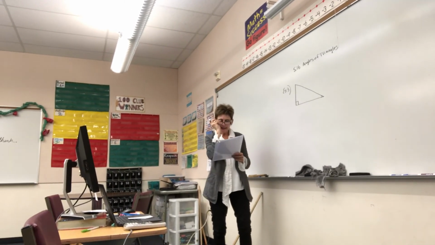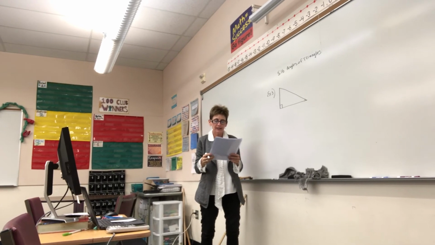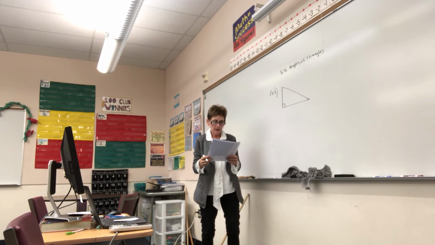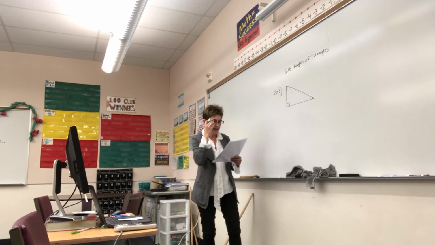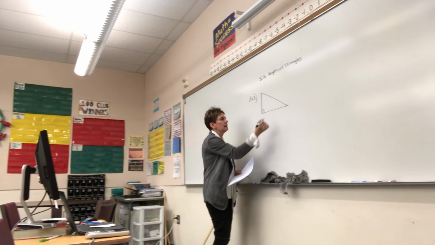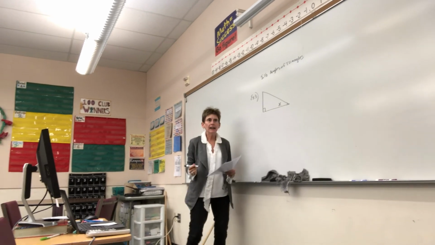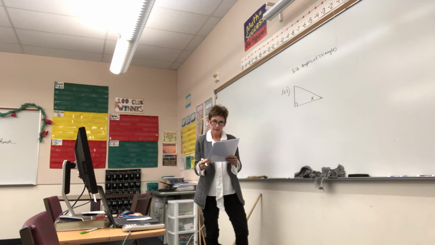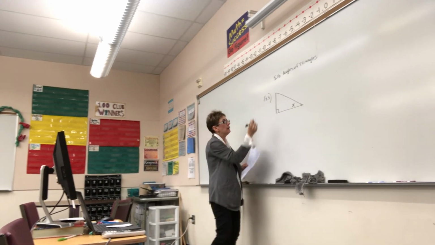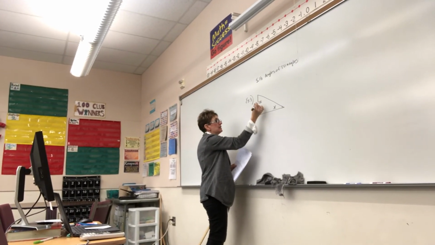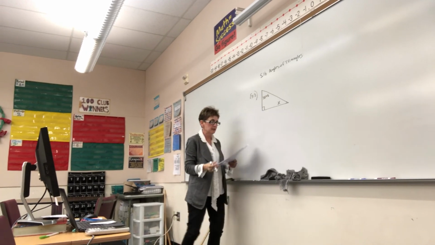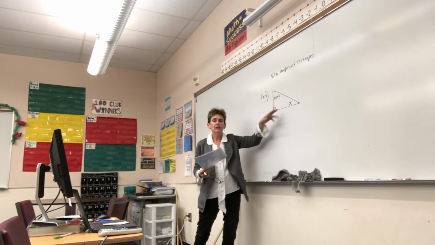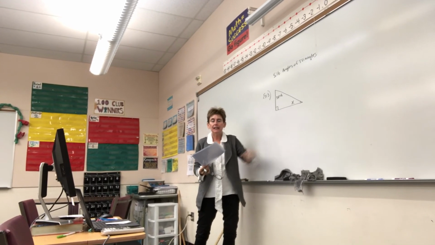Now, it says that the measure of one acute angle is 6 more than 3 times the other. So let's go ahead and mark this one as x. How would I write 6 more than 3 times that? I want to write 3x for 3 times and then plus 6 for 6 more. Now we could add all 3 angles up and set them equal to 180. But if we